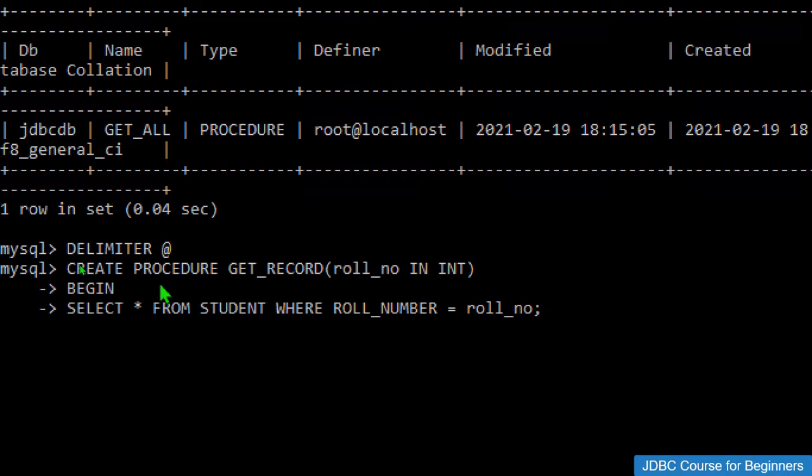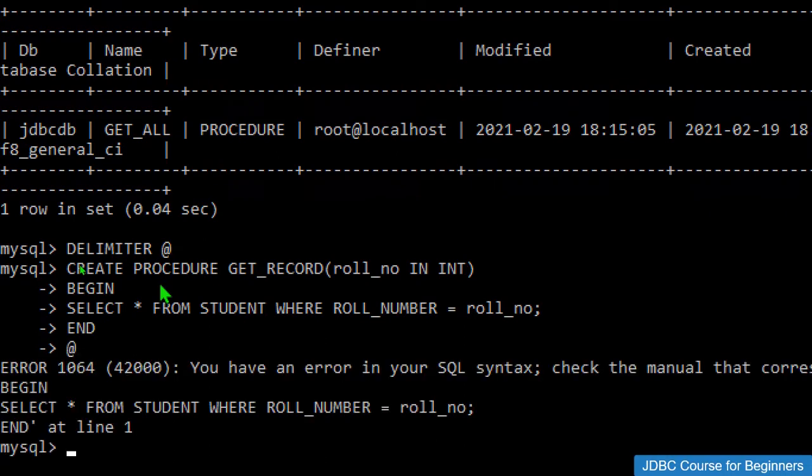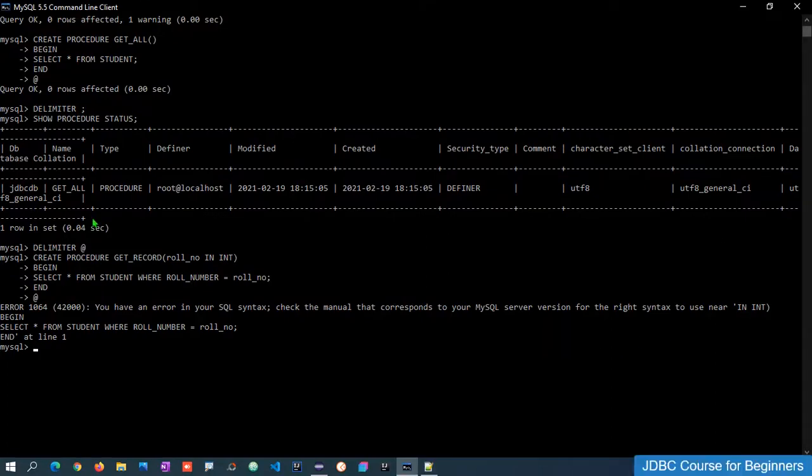Then we give the semicolon, then end, and then the delimiter, and again we got some exception or error over here.